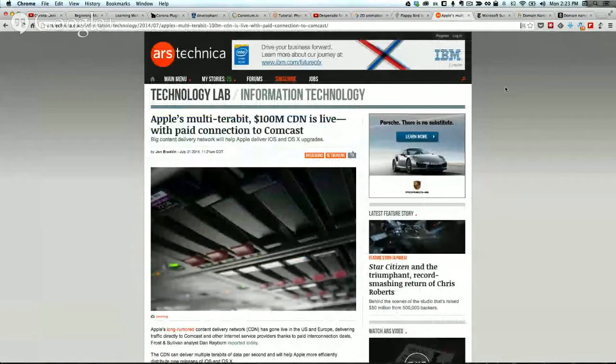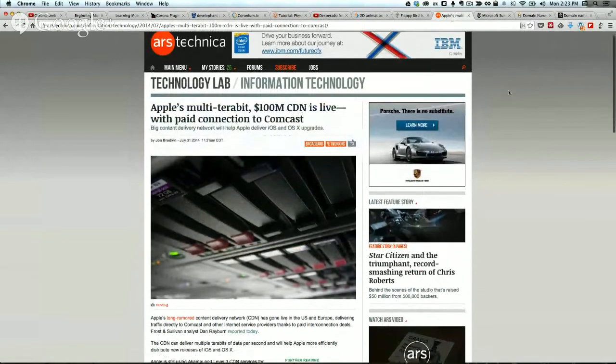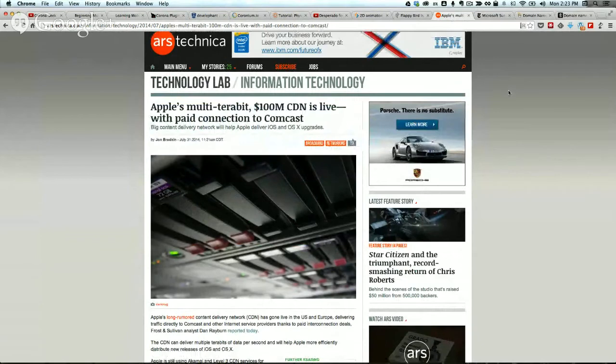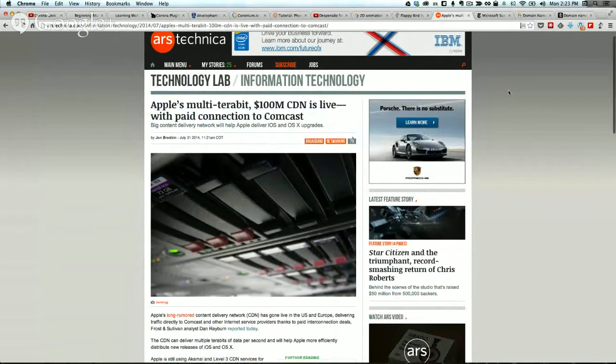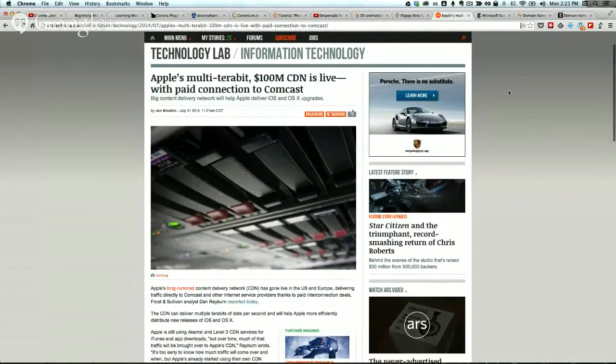Speaking of Apple, they're also putting online their CDN. So essentially, we'll be able to get faster downloads of their stuff. So right now, I think it's if you have Comcast. Yeah, well,